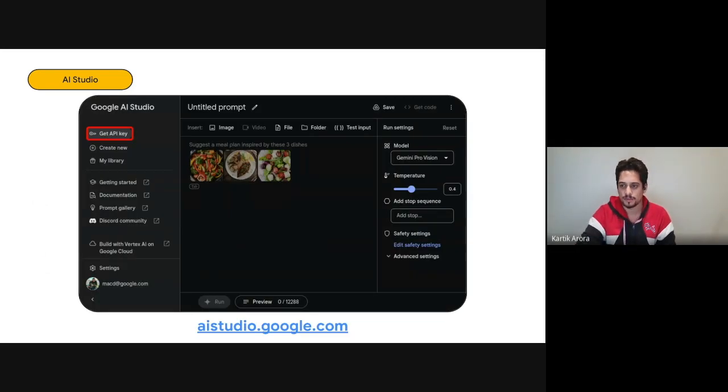This is the AI Studio interface. It's a web interface, so you can take your ideas and quickly prototype without having to write any code. It's similar to the chatbot interface on gemini.google.com, except that it has a few more things that a developer would need to work with the AI. You can ask the model what you want to do in plain, simple language and get results in a few seconds. Once you're ready, it'll help you move your prompt into your app and the language of your choice.